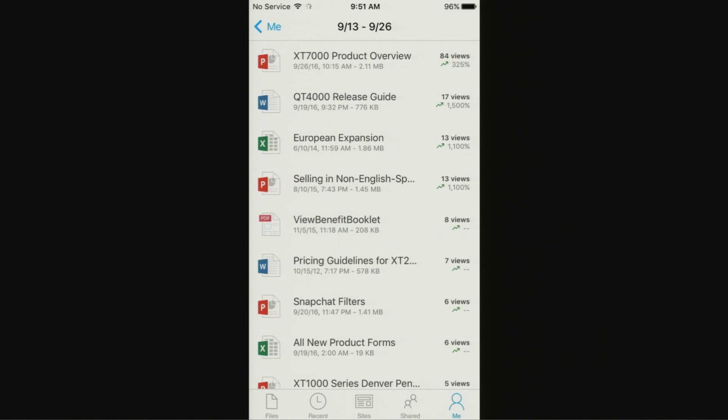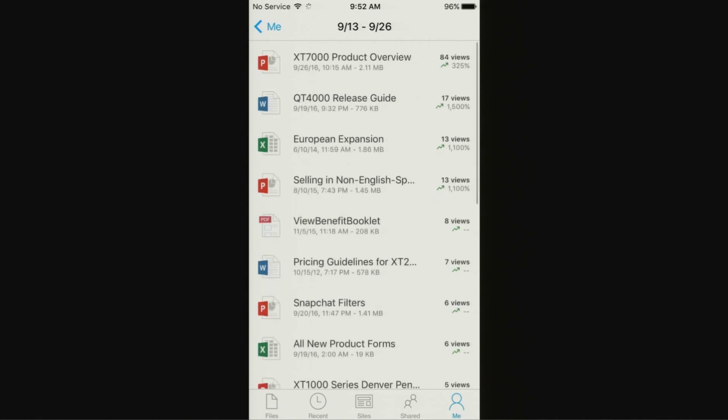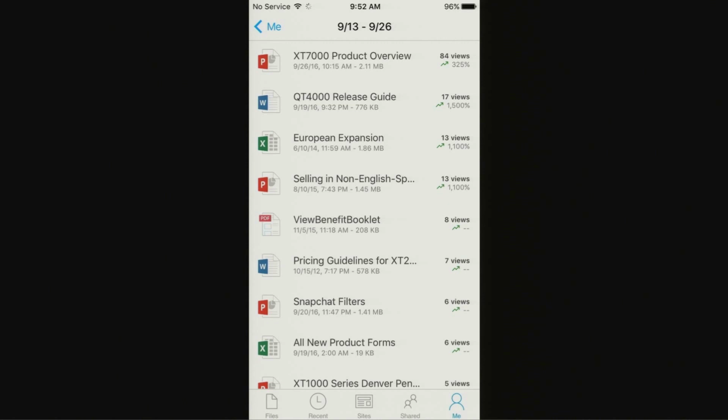Now I'm guessing a number of you are in the habit of sharing documents with other people, but you really have no idea what happens after you share. You don't know if that person got it or read it or how many people in your company are looking at content. We think there's a ton of opportunity in unlocking some of this information to help you understand the scope of reach that you have, the number of people that look at your content, and how that trends over time. And so up here at the top, you can see the PowerPoint presentation I'm working on has